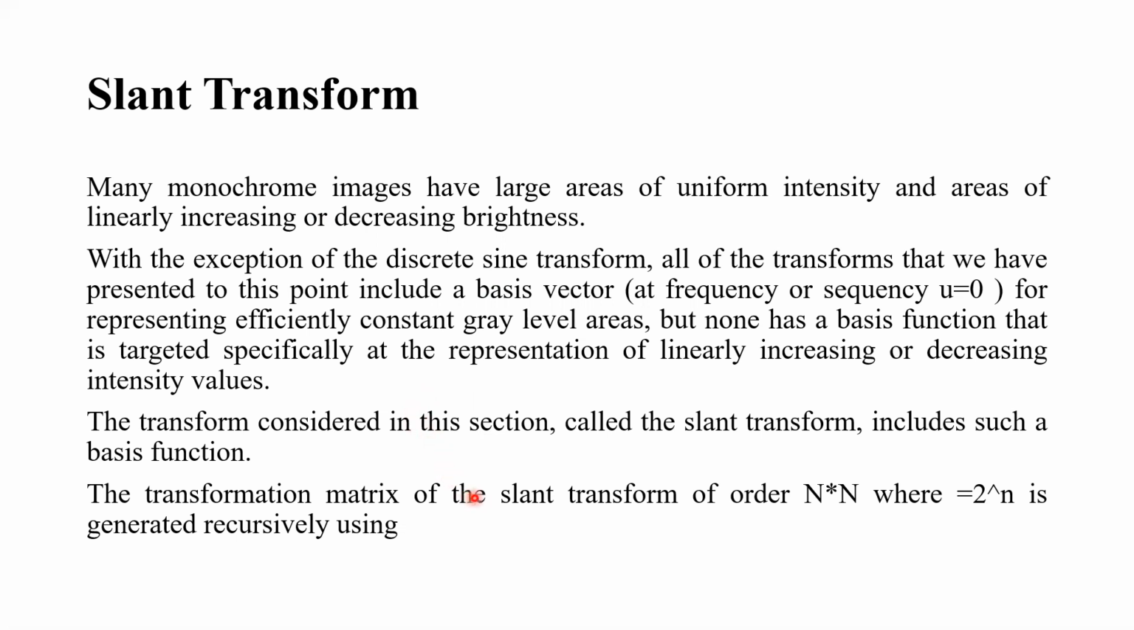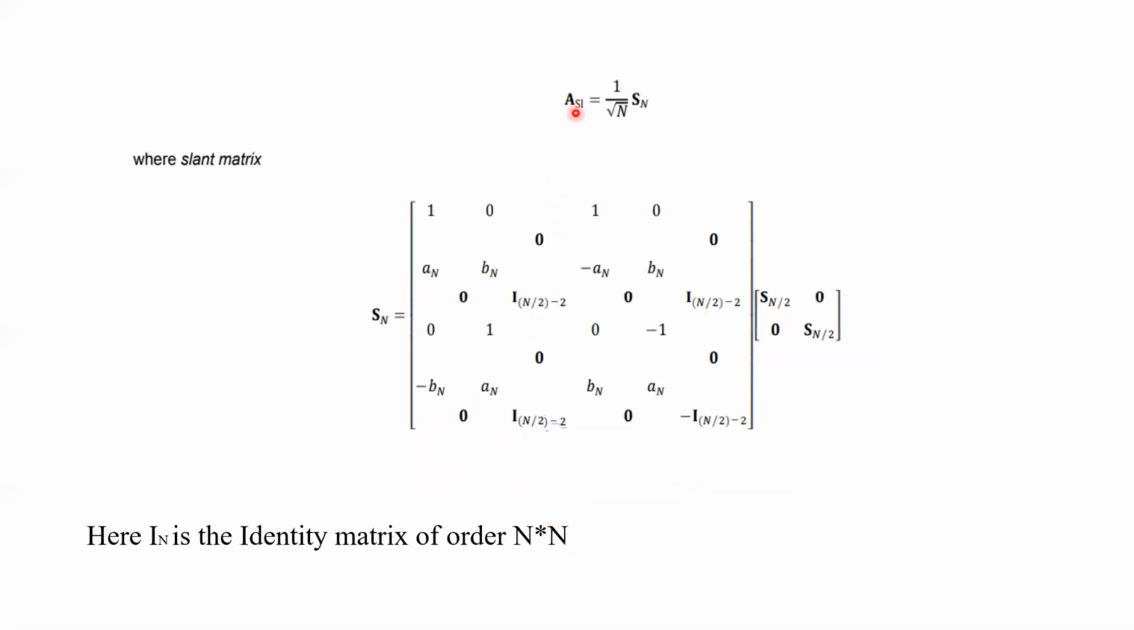The transformation matrix of the slant transform of order n cross n, where n is equal to 2 power n, is generated recursively using A slant matrix equal to 1 by under root n into Sn, the slant matrix, where Sn is equal to